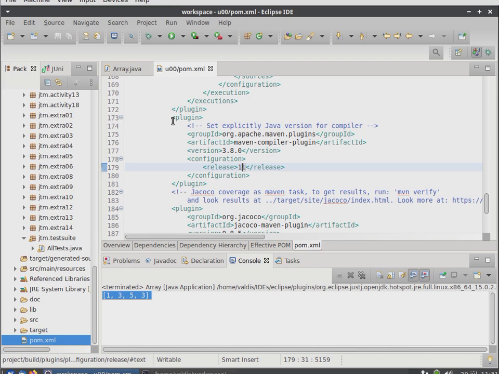But Eclipse ignores this particular setting,